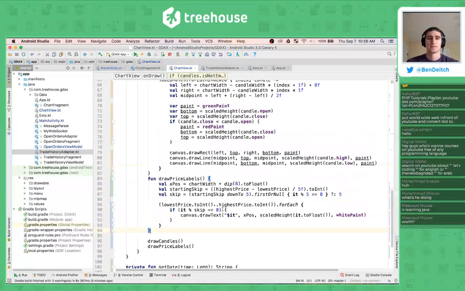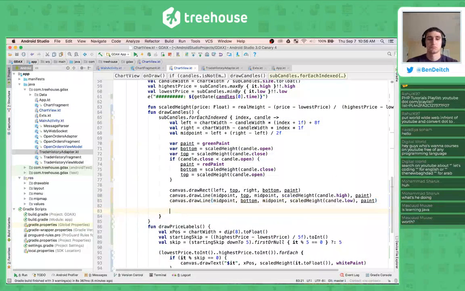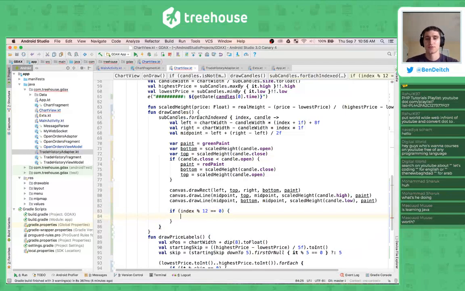Let's see. Sub candles, for each candle we get an index. If index mod 12 is 0, since there's 60 candles, so 12 is 60 divided by 5. Yep, that sounds right. And then in here, so if it is, we want to print